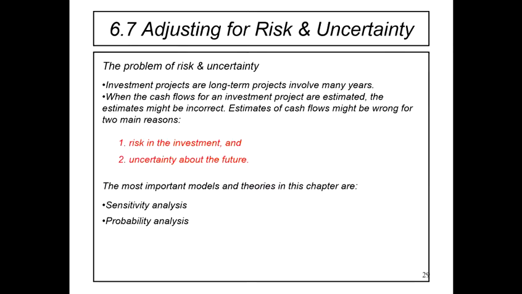So now kita akan continue with 6.7, that is adjusting for risk and uncertainty. So selama ni kita kira NPV, IRR, MIRR, semuanya kita kira dengan assumption yang tak ada risk berlaku lah. So right now kita nak tengok how bila ada risk and uncertainty berlaku, apa yang akan company tu buat untuk do the capital budgeting for the projects.